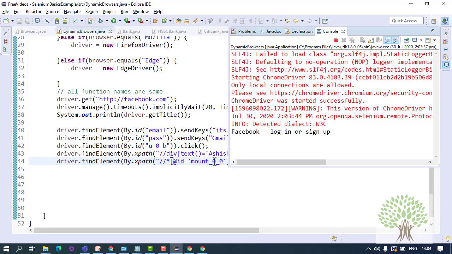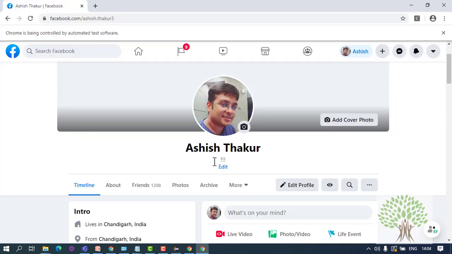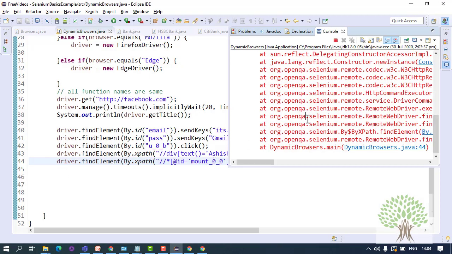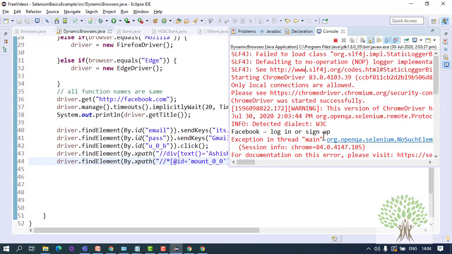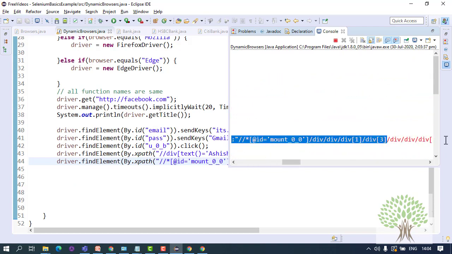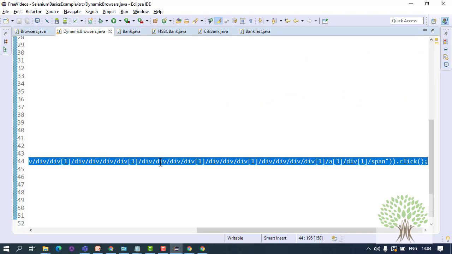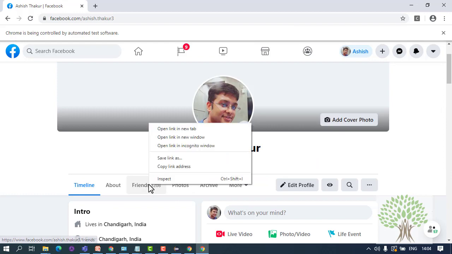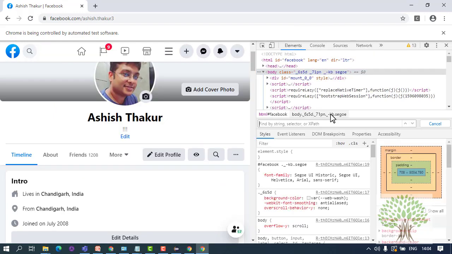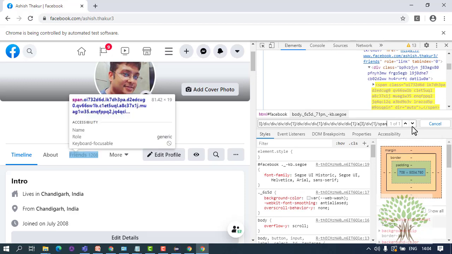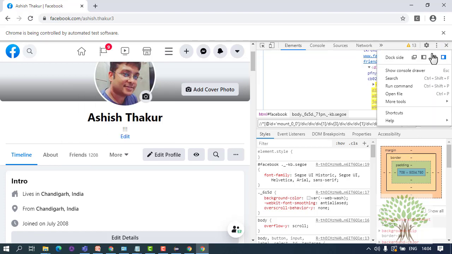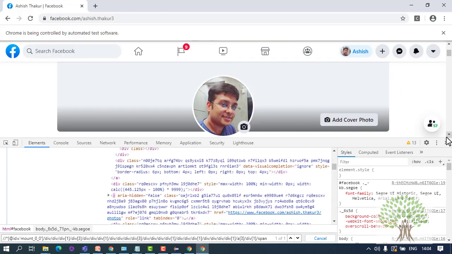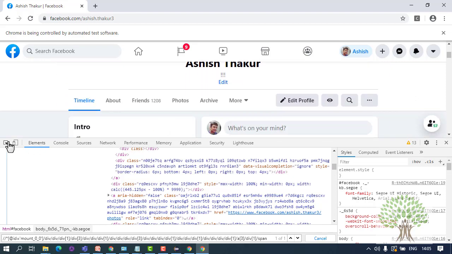Hold on. However, it doesn't click. It gives you an exception, no such element exception, with this particular XPath. It's not able to find the element with this XPath. It happens very frequently in Facebook. Fine, if I just inspect the page, Control F and paste the XPath, it is able to find it over here, but out there in the code it is not able to find it. So you will have to build some other XPath, some other alternate XPath for this friends link.